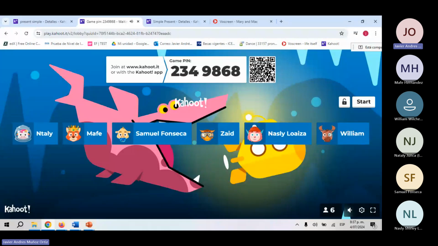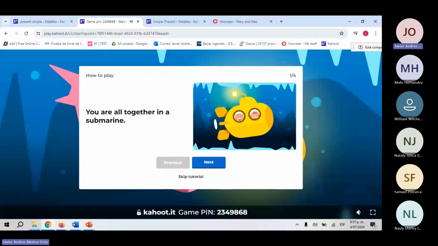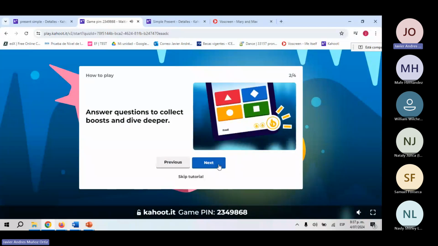I'll start with the instructions. 1, 2, 3, 4, 5, 6. 1, 2, 3, 4, 5, and me 6. Perfect. Let's begin. So, we are all part of a submarine, a yellow submarine, like in the Beatles. What's our objective? We are part of a crew. Somos una tripulación, parte de una tripulación. Okay? Our objective is to